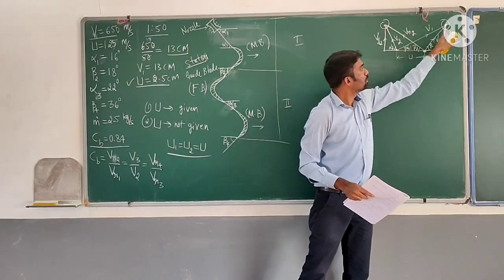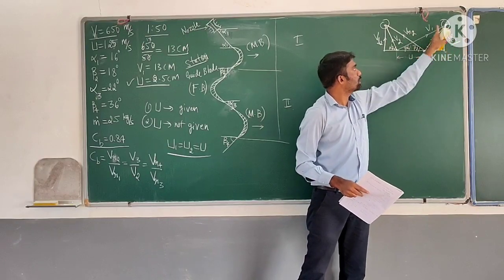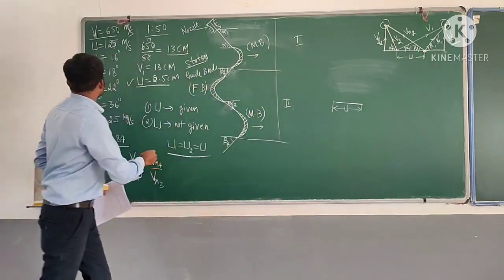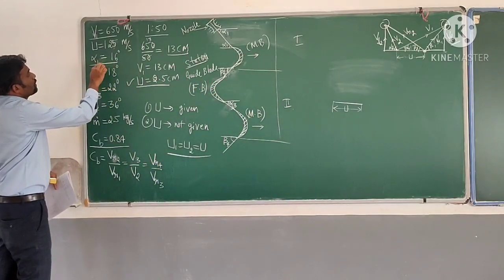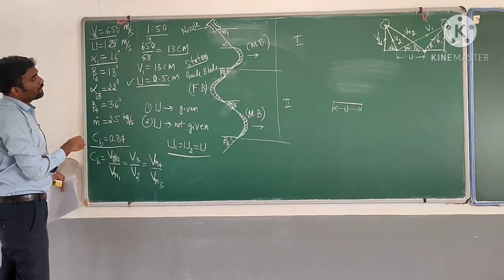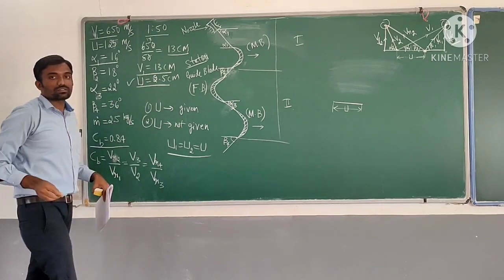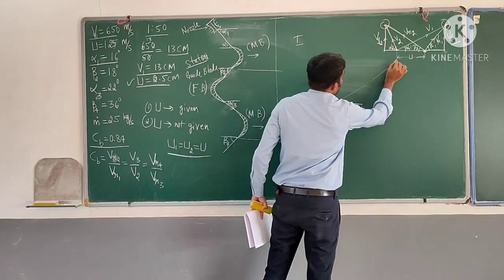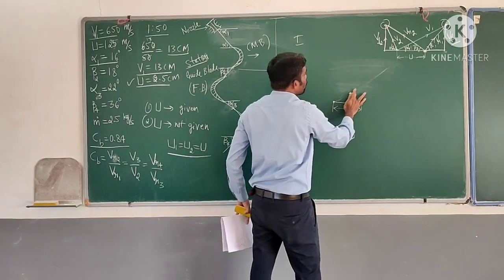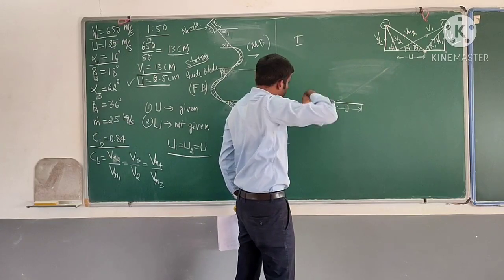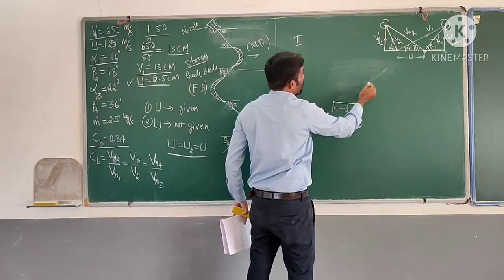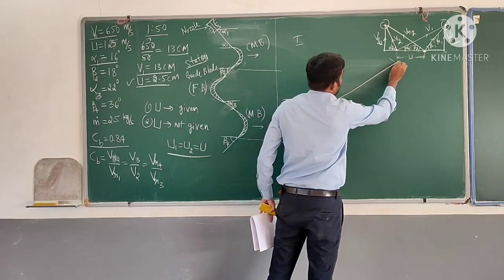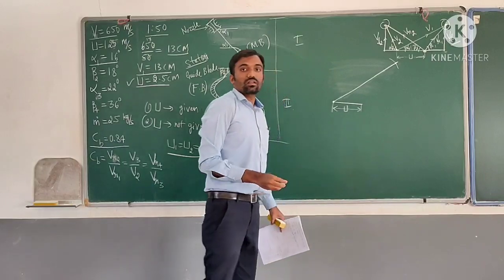V1 is moving towards the positive side, positive x-axis, and the angle is also given. It is making an angle alpha 1, which is 16 degrees, and it is 13 centimeters. So from this point, I will be drawing V1. Or what you can do is first mark the angle. Take from your compass, you can cut a length of 13 centimeters. Then you can join.